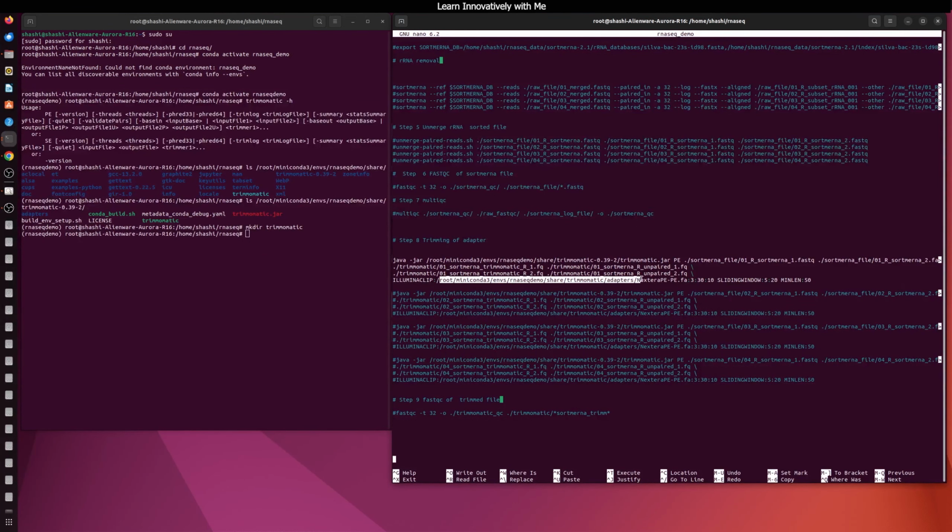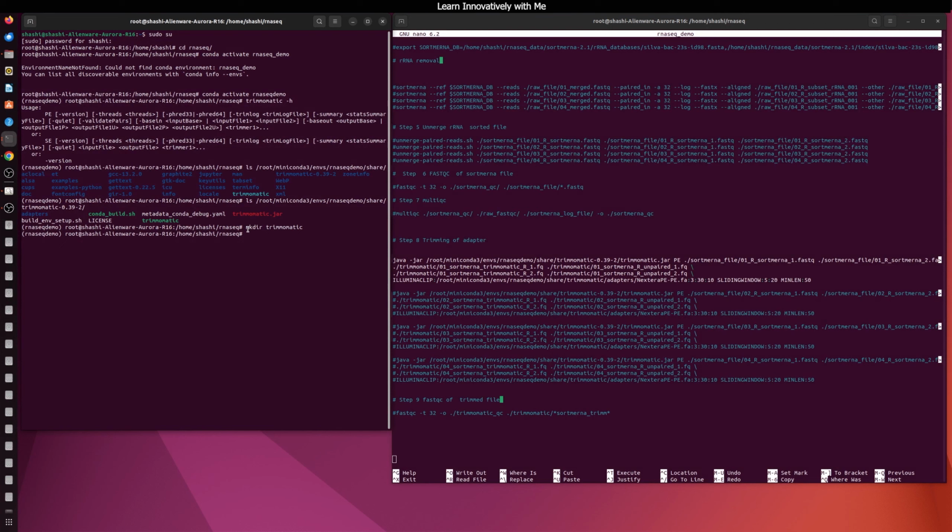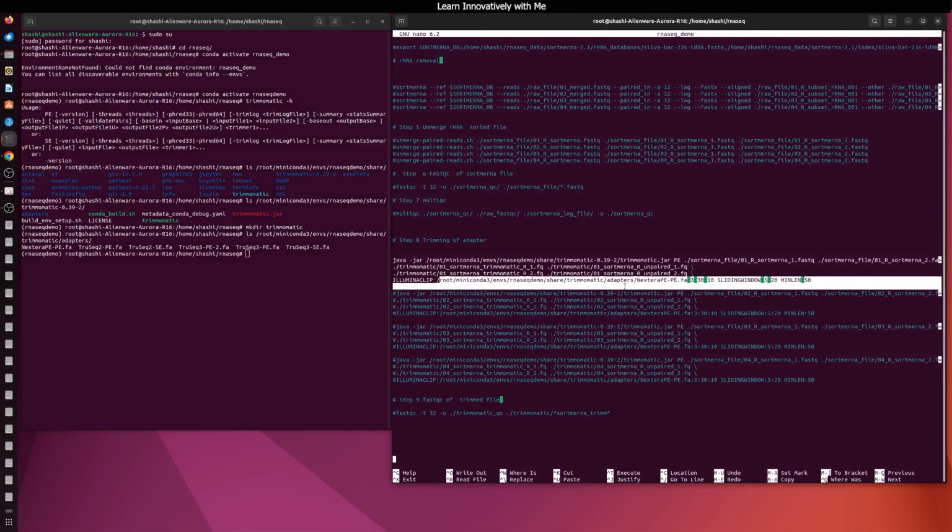But how will you find the path and the adapter name? For this, I'm using the ls command: root, miniconda, envs, RNA-Seq demo, share, trimmomatic, adapters, and if you press enter, here you can see the adapter sequences present in this folder. So you have to use the one according to your adapter content. In my case, NexteraPE, so I'm using the path and the NexteraPE-PE.fa adapter file, and the next